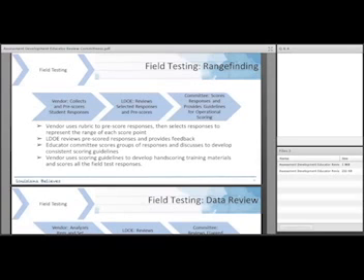The first is a range finding, which is kind of a funny name, but it's probably one of my favorite committees. This one's a little bit smaller committee, and what happens is that once the item is field tested, we're talking about constructed response and extended response items, then our vendor collects and pre-scores student responses based on the rubric that we developed for that item.